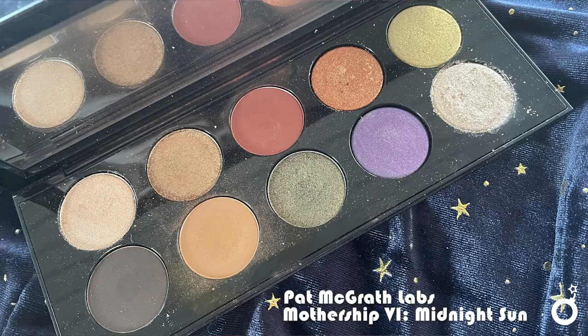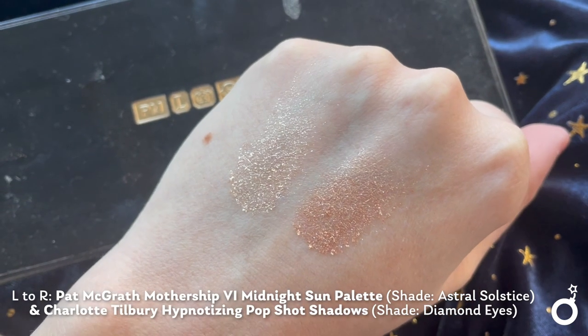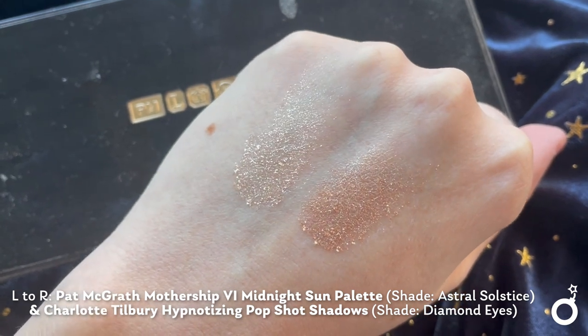I don't think it's as impactful as I want it to be, but the Diamond Eyes shade is. So that one to me is really worth it. Kind of reminds me of that one shade in the Pat McGrath palette that looks like little diamonds all over your eyes. Very similar effect to that shade. I will put what palette I'm talking about on the screen so you can see, but yeah, definitely similar to